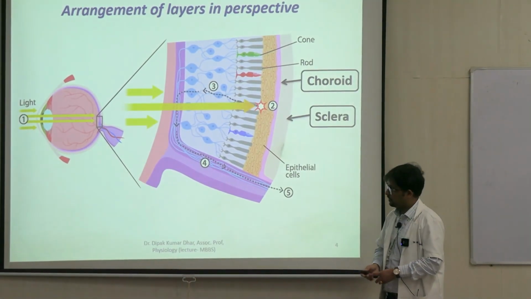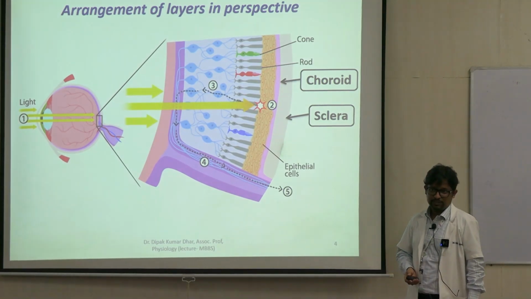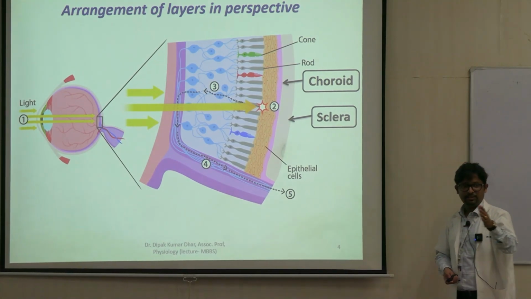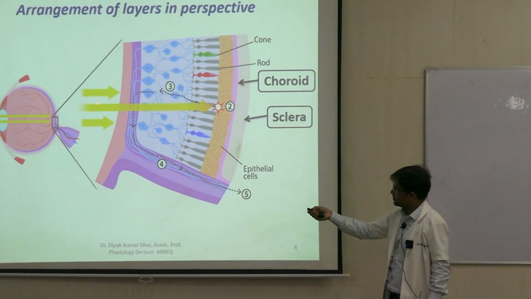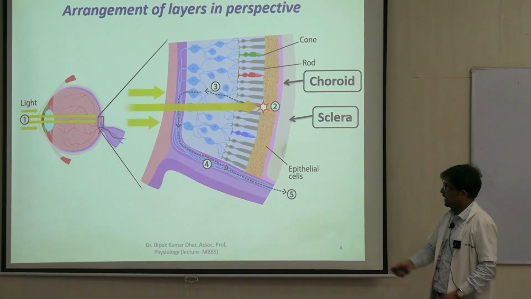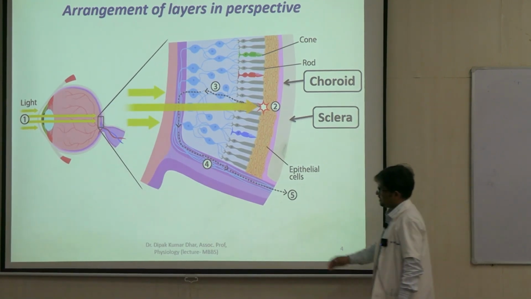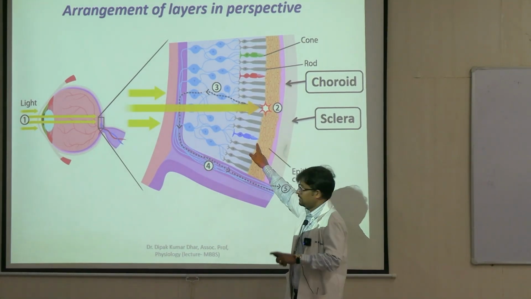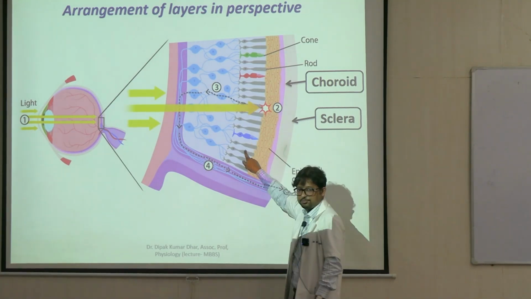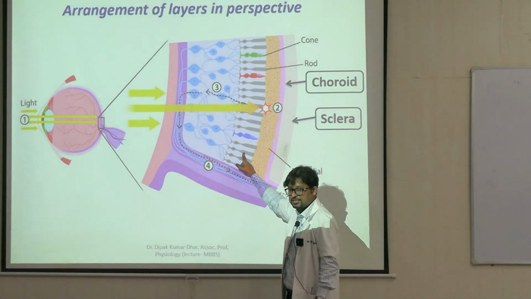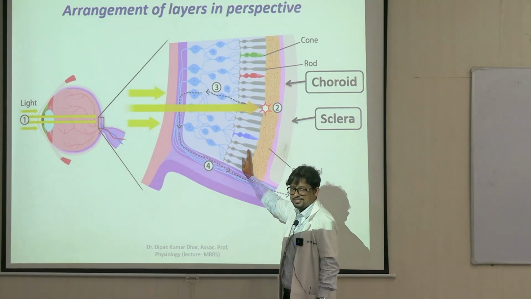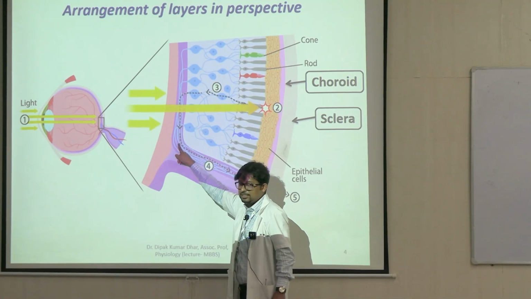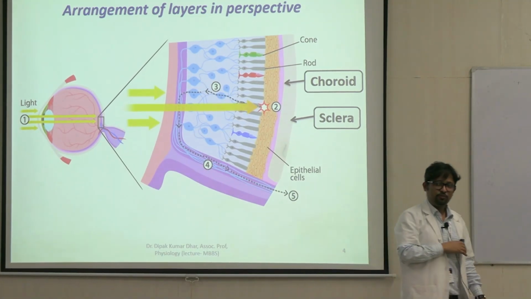Now light, when it has to travel, light will come from the front, right? Light will come from this direction, it will cross the cornea, lens, right? Then the vitreous humor, and finally light will travel the retina like this. So light traveling का जो direction है, that is from the last layers to the layer number 1 here. These are the receptors. This is the point where signal transduction will start. So signals once formed, electrical signals, they will again go on transmitting like this, and finally output from the retina is carried by the optic nerve, right?